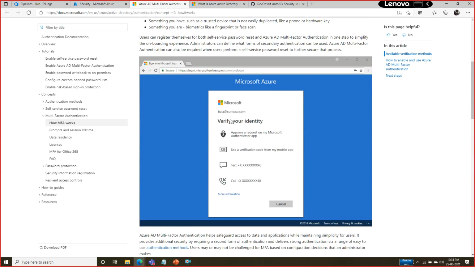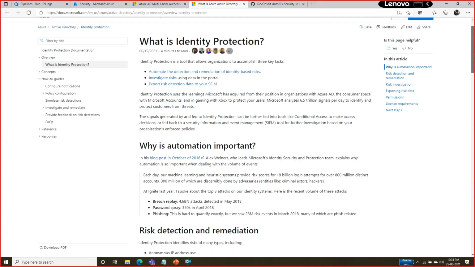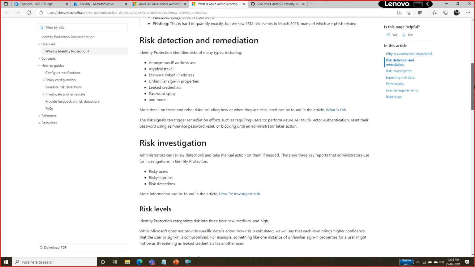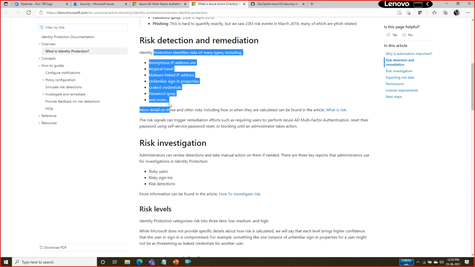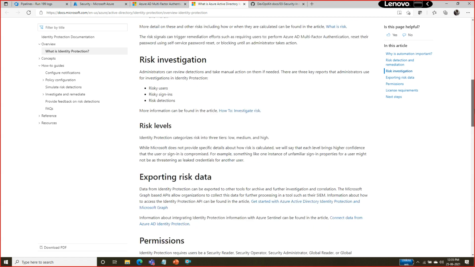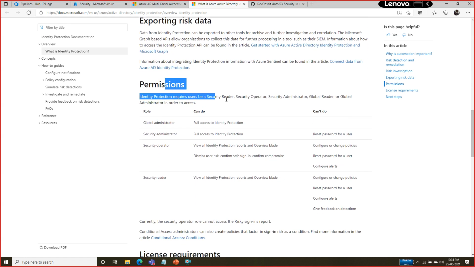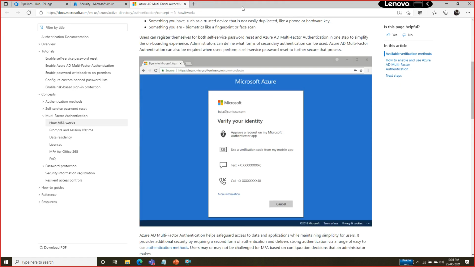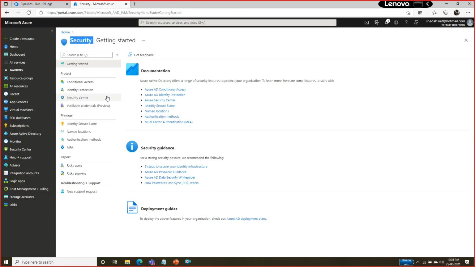How to implement multi-factor authentication, how to implement identity protection. That's why you talk about identity protection. Identity protection basically identifies the risk for the user from an anonymous IP. If you are browsing from an unsafe browser or from an unsafe location, those things it is going to identify using identity protection here. Those kinds of risk you can go ahead and assign into your security policy, and you can look at the vulnerability. In the security, multiple documents are available on how to do the implementation for that.